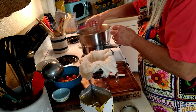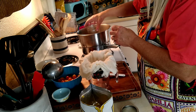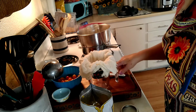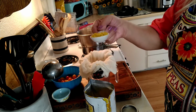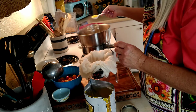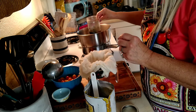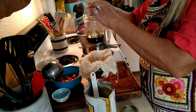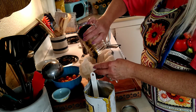We're going to sit the jar basically like that. And then I'm going to take about 3 or 4 tablespoons. And I'm sorry, I'm getting way ahead of myself here. I need to get this out of here first. So let's pour